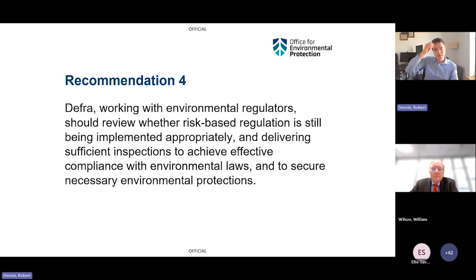Our fourth recommendation relates to inspection practice, although actually thinking about it, maybe saying inspection practice isn't quite the best way of putting it. We're not talking here about on the ground inspection practice, what an inspector actually does when they go to inspect a site. We're thinking about this in a more high level way. We're looking at the North Star of environmental inspection, and that's really risk-based regulation, the thing that drives and targets inspections on a high level.